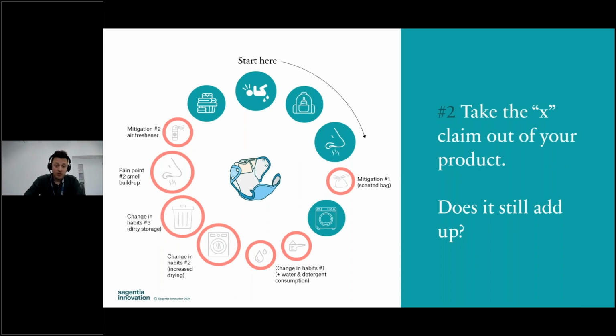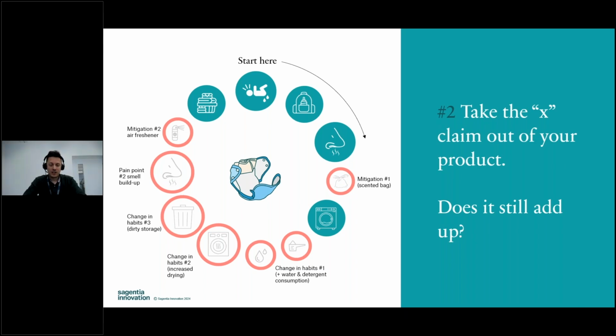The other thing I sometimes do, maybe I don't wash them singularly because that's not sustainable. So I put them in the dirty storage bin that comes with it, this plastic bin, that you can build up over a week. But in the heat of summer, you open that bin with these soiled inner liners of your nappies, it's not a nice experience at all. You don't do that very often. There's a smell to that bin. Maybe I need to buy an air freshener to cover that up. So again, more mitigations, more consumption of products I didn't buy before.